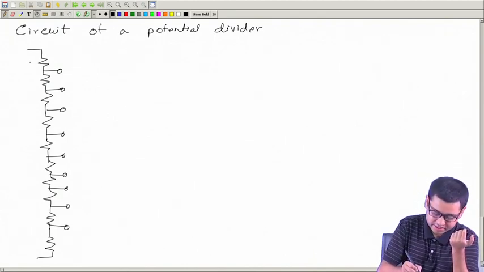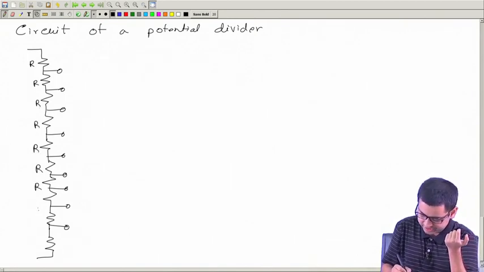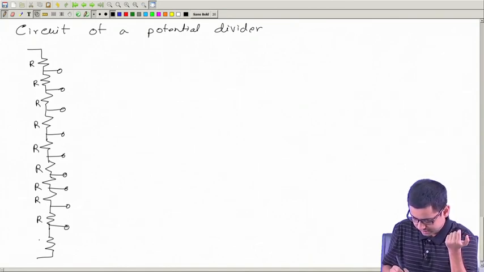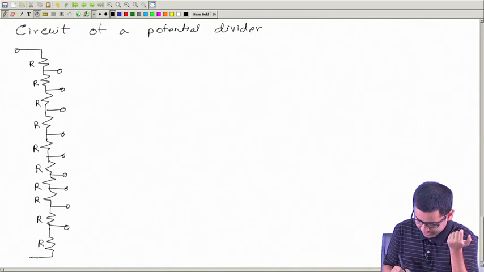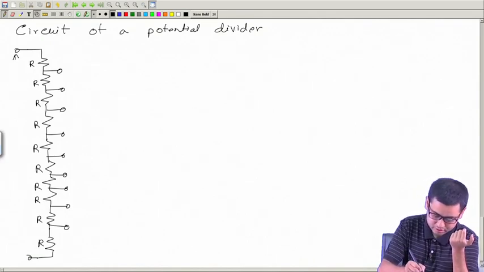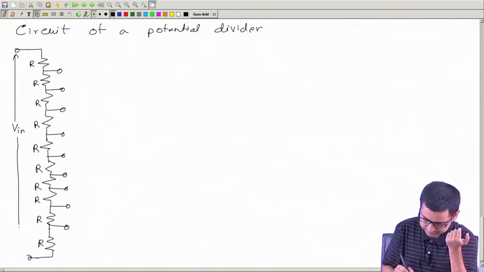And say all these resistances are equal. If we now apply a voltage here, call it V in, this is the input voltage,